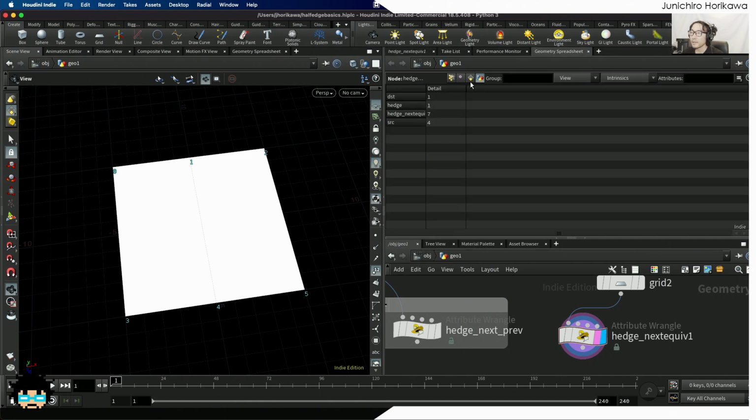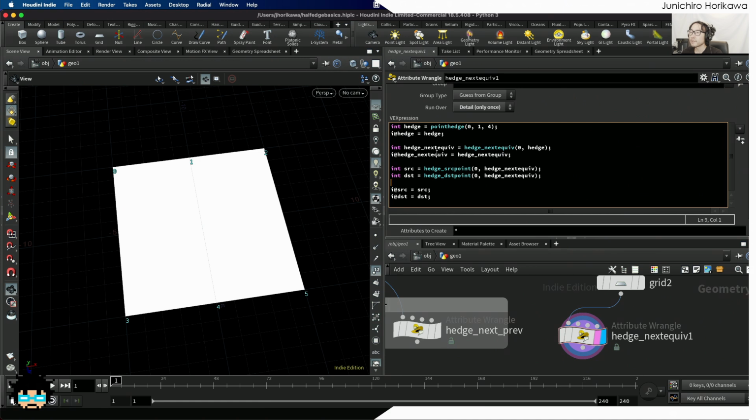Okay, the source says 4 and the destination says 1, so it's going from 4 to 1. So the next equivalent half edge for this primitive is going from 4 to 1. So it's still in counterclockwise, still in clockwise order. That seems correct. An interesting aspect of this hEdge next equivalent is, if you try to retrieve the next equivalent for this equivalent edge or shared edge that we have just found out, what you get